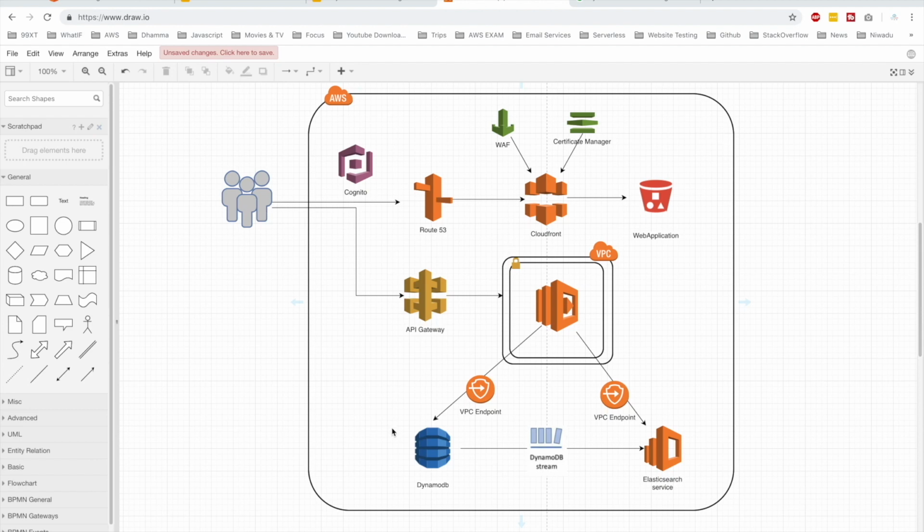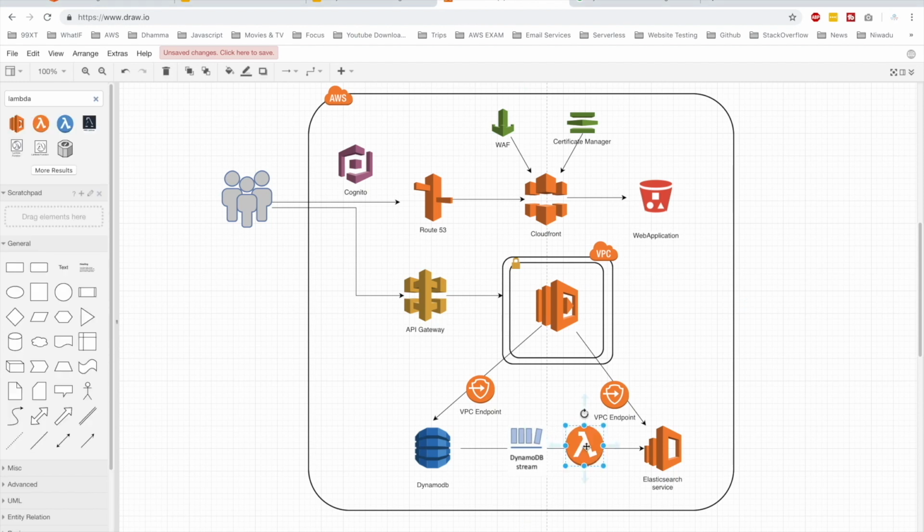Today we are going to do a quite interesting thing. We are going to configure our Elasticsearch service. As soon as data is added to the DynamoDB, or an admin adds a product to the DynamoDB table, we are going to enable DynamoDB stream. And then we are going to trigger a Lambda function as soon as there's something in the DynamoDB stream. So here's our Lambda function, which will be triggered as soon as a new item is flowing across the DynamoDB stream. So the Lambda function will capture that record, the new item, let's say, and then it will index it in